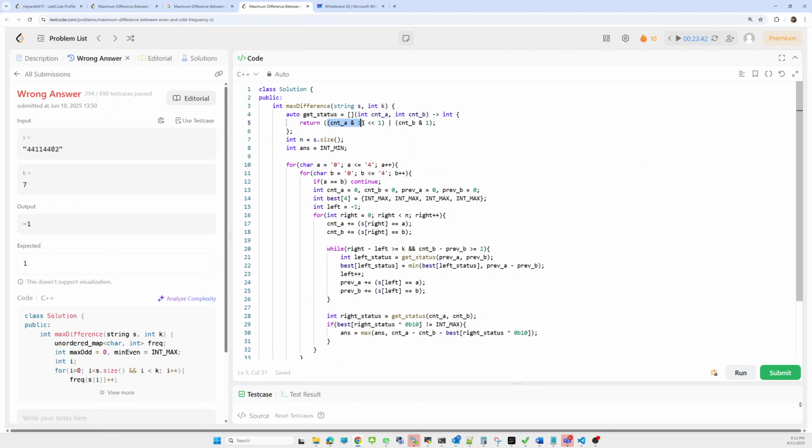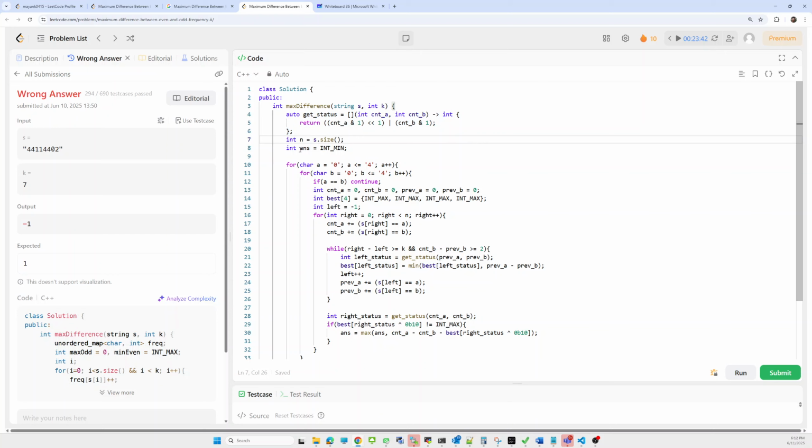First we calculate whether it is even or odd. How can we calculate it? By taking the AND operation with 1. Whatever the result, 0 or 1, the same result will be shifted by 1 to the right, and for the frequency of B we keep it here. It will give me the resultant.